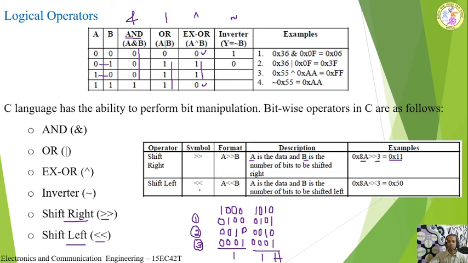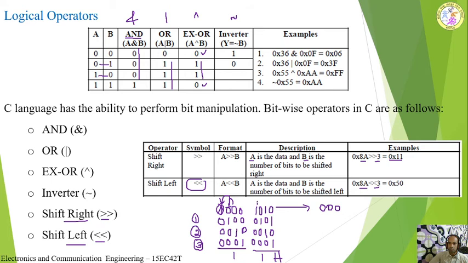Similarly, we can do the left shift operation. So how have we done the right shift operation? After every shift, we append 0 from the left side. Similarly, for the left shift operation, for every shift, you append 0 from the right side. For example, if you shift this one time to the left side, then what will happen? This bit should be discarded. I will discard this bit. So this 0 will come and occupy this position. It will come here. And this 0 will come here. So all the bits are shifted left one time. So I will write here, this 0 will come and occupy the first position, MSB bit. Now this 0 will come and occupy here, and the third 0.